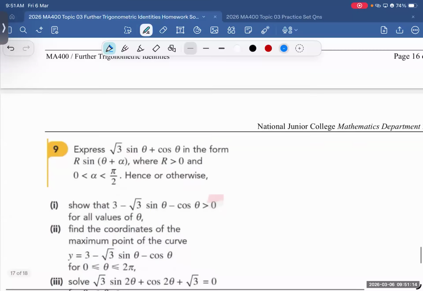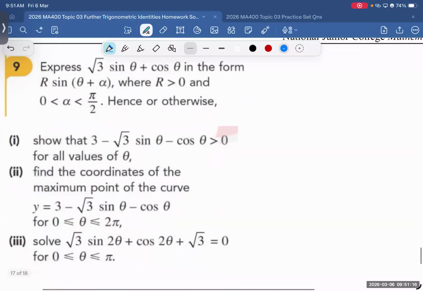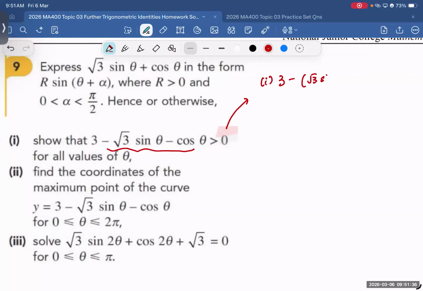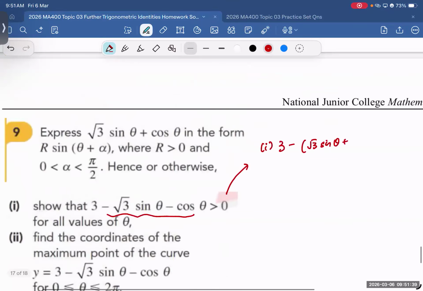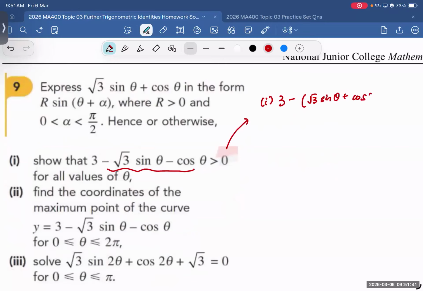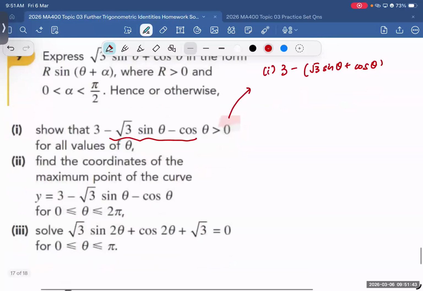Question 9. How do I show? First, you consider part 1, you take the left-hand side. What do I do with this? You do our formula. Okay, so this will be square root 3 sine theta plus 1 cos theta. Now solve. Eventually you get